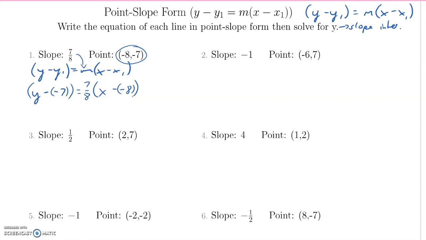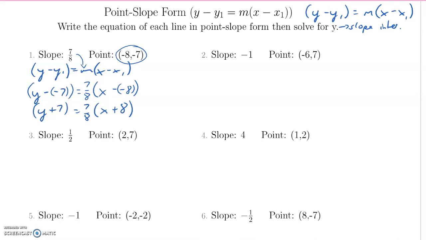So now I can actually simplify this a little bit. I got those two negatives to make it positive. So this would be y plus 7 is equal to 7 over 8, those become positive, x plus 8, something like that. And right there, that would be the fundamental point slope form of the actual line itself. Okay, and then what you would do is drop the brackets around the y plus 7, multiply the 7 over 8 by the x plus 8, and then change it. That was what you would do to change it to slope-intercept form, but we're just going to leave that alone for now. We're just going to focus on the point slope setup for now.